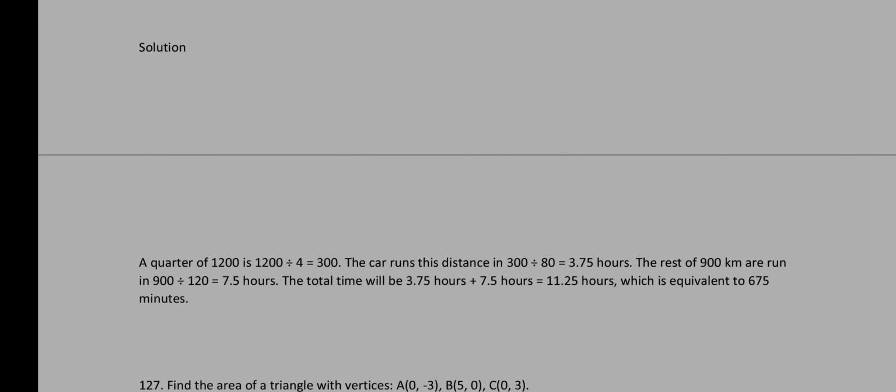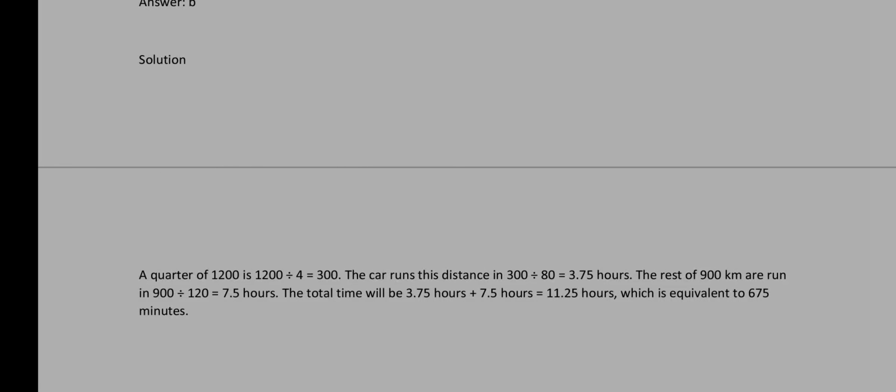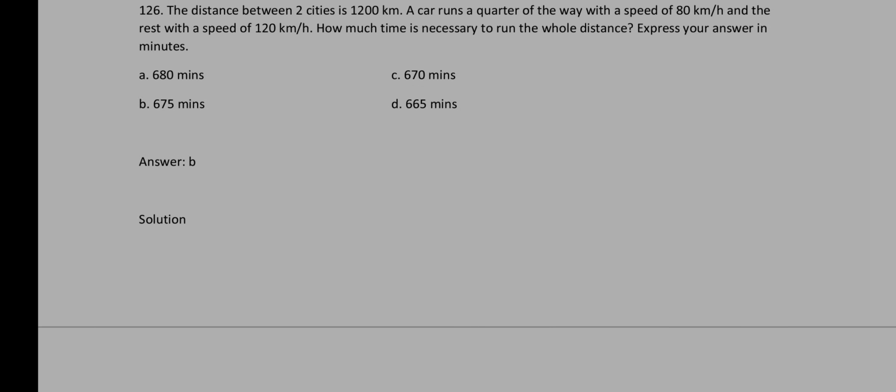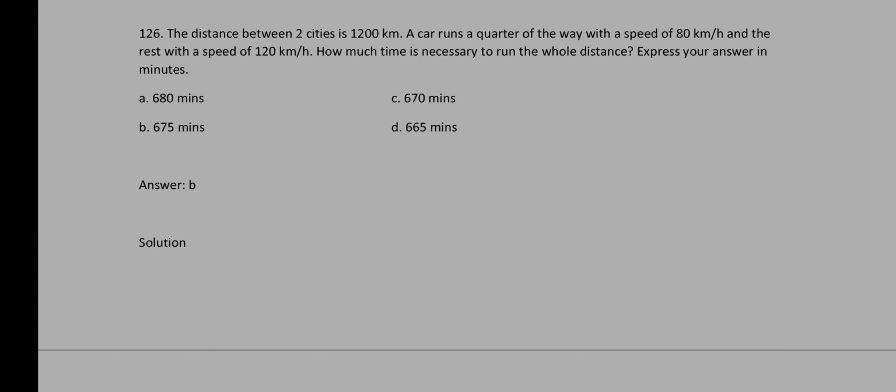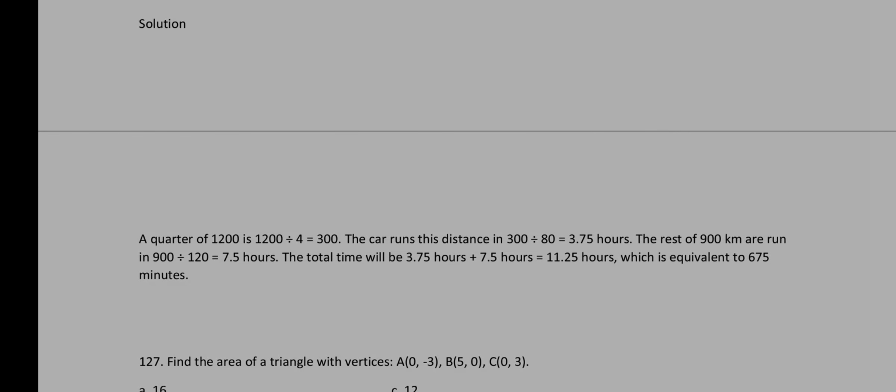The total time will be 3.75 hours plus 7.5 hours equals 11.25 hours, which is equivalent, convert mo siya into minutes, 675 minutes. So, yan ang tanong, yan ang sagot, ito ang solution. Napakasimple lang yan, basic algebra lang yan. Okay? Next,